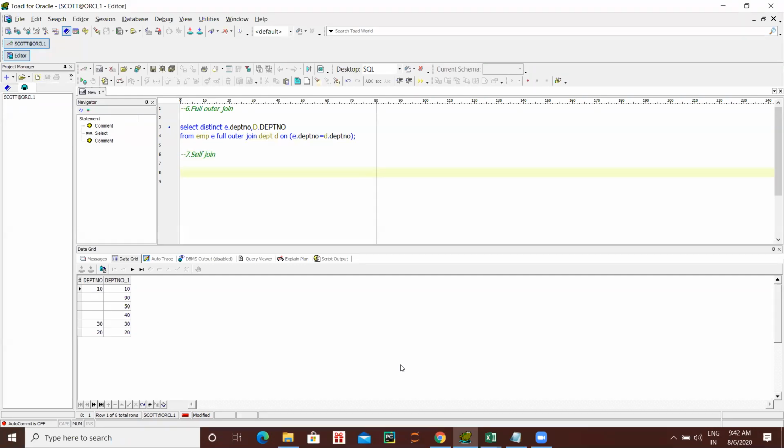Sometimes we need to find something, so we need to take one table two times, that is nothing but self join. It is called that. Okay, just write it. Select, enter, from employee E, comma department D.